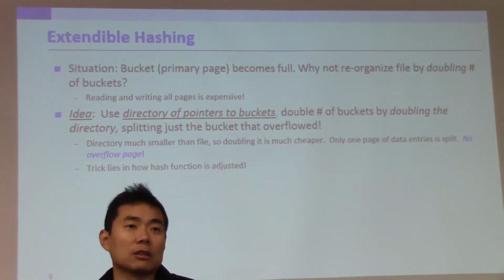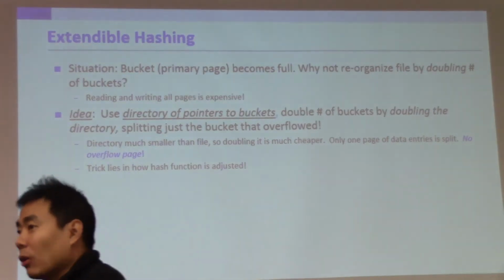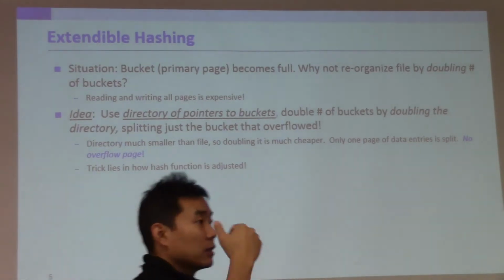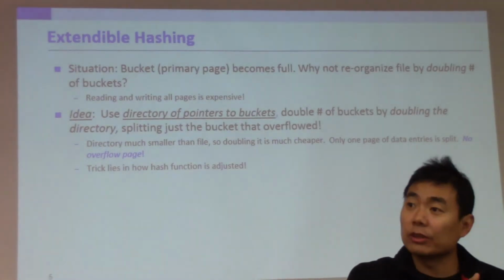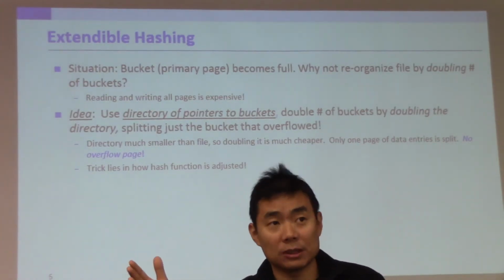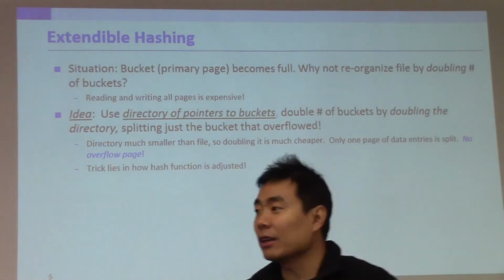Suppose there are 4 drawers at the moment, and one of the drawers, drawer number 1, is overflowed. You try to put something over there, but it doesn't fit. Know that this something cannot go to drawer number 2, 3, or 4, because it has to follow your hash function. It's being hashed to drawer number 1, so it has to go there, even if you have space in drawers 2, 3, 4. Does that make sense? And whenever this happens, the way you address this is I'm going to add